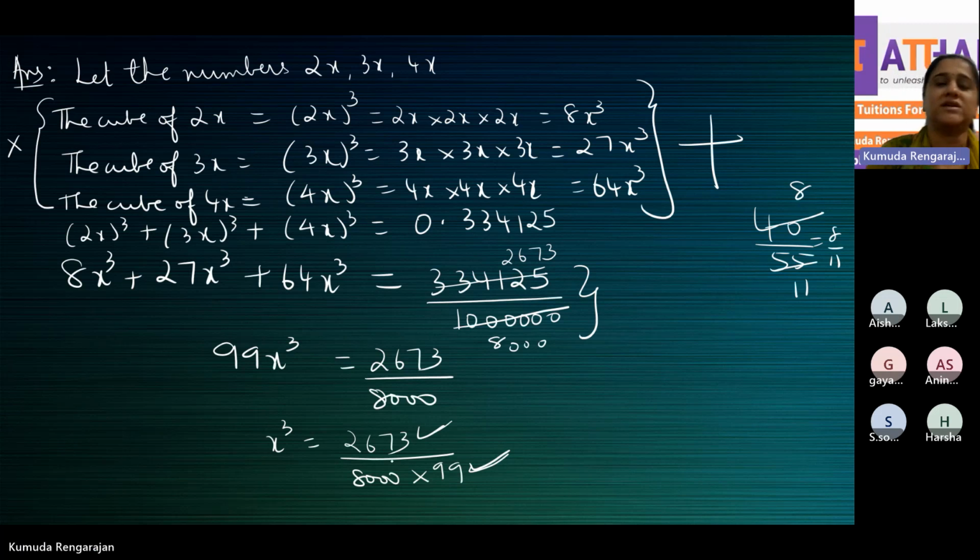2673. Check using the test of divisibility. It is divisible by 11. So 11 9s are 99 and 11 2s are 22. 4 remains. 11 4s are 44. 3 remains. 11 3s are 33. So x cubed is equal to